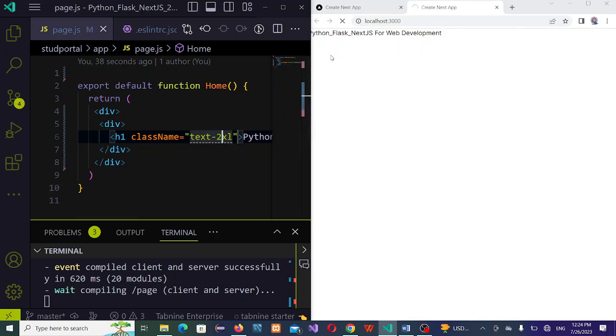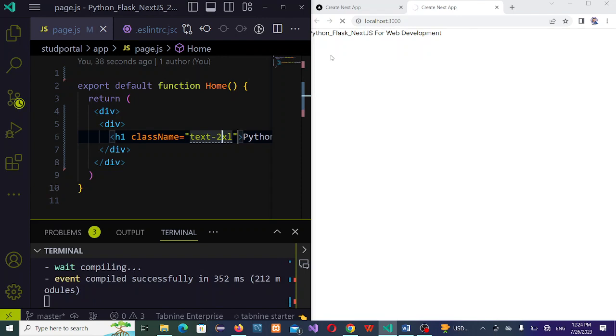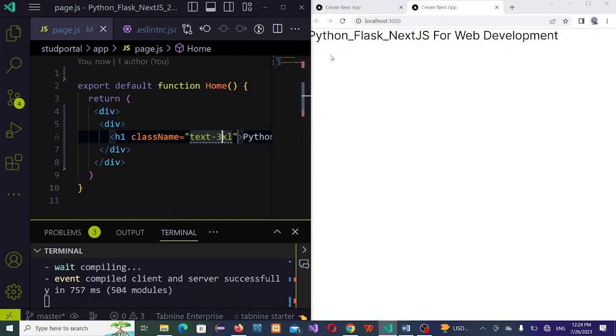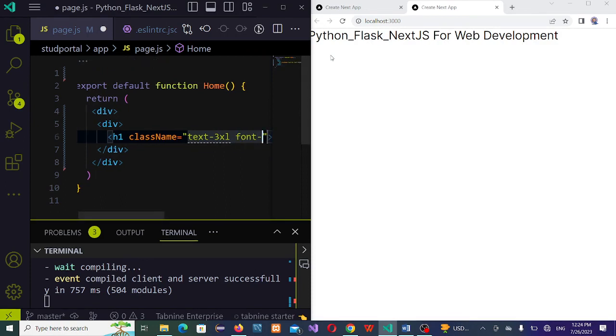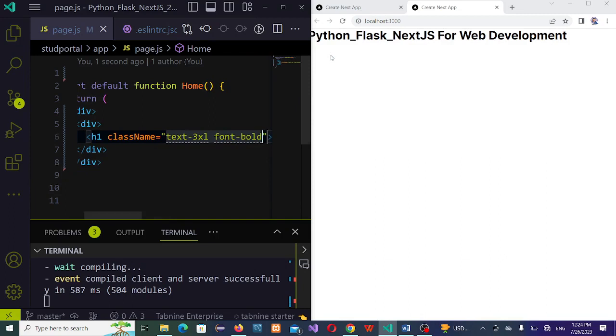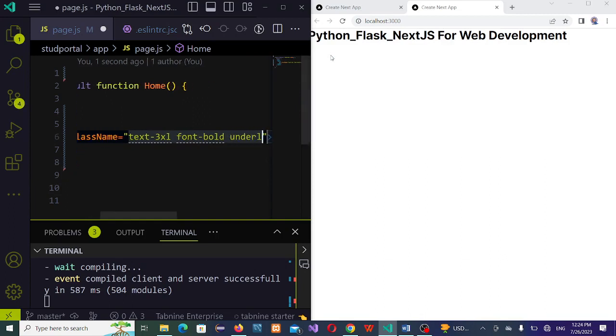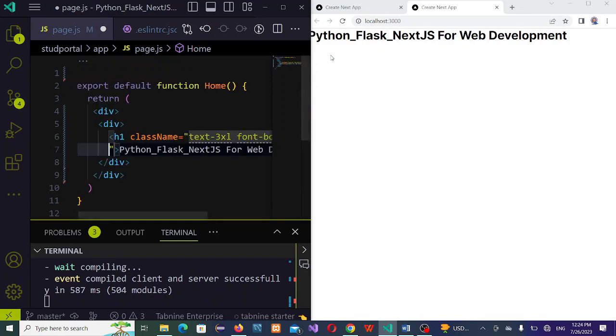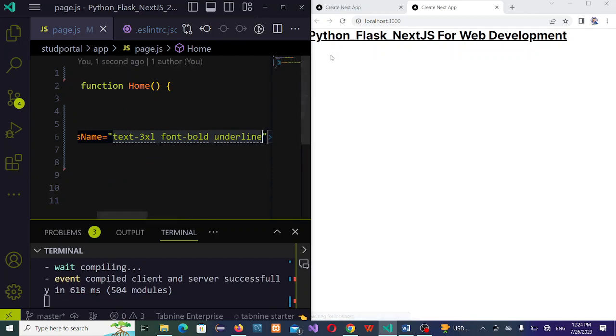So all that you are going to be using, if you want to beautify it, is going to be towards the Tailwind CSS. Can you see 2 extra large? If you increase it to 3, can you see? I'm increasing the what? The font size. So if I want it, I can say font dash what? Bold. If you want it on the line, just type on the line. You see,